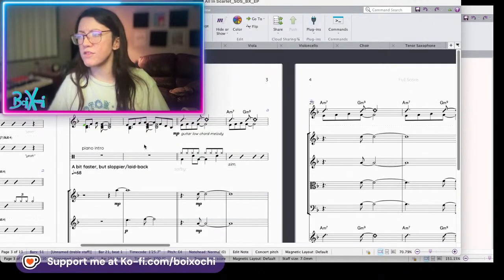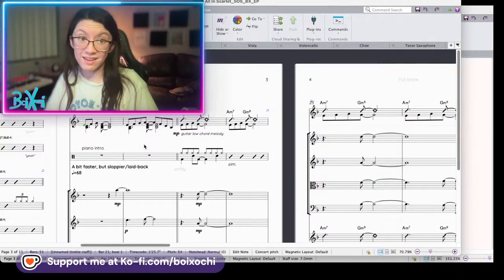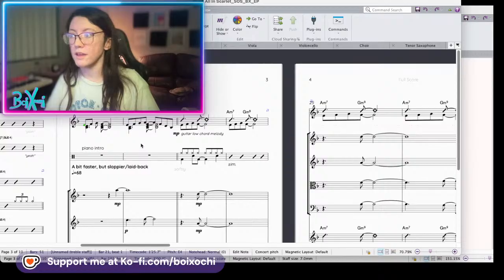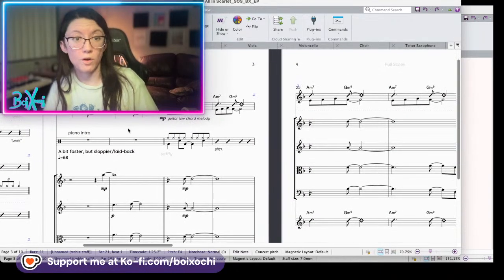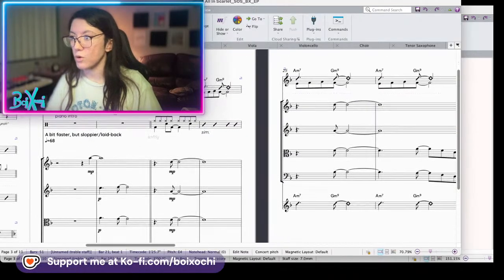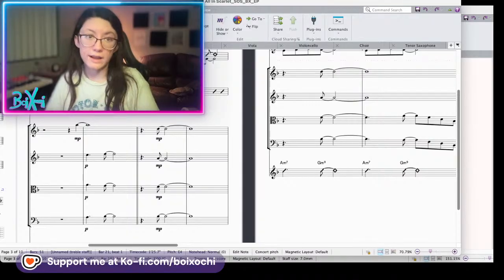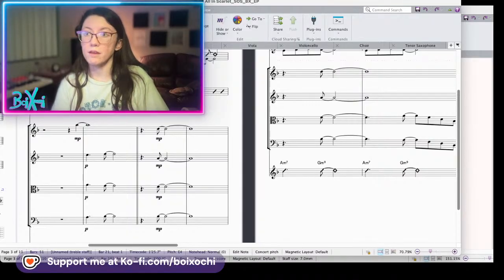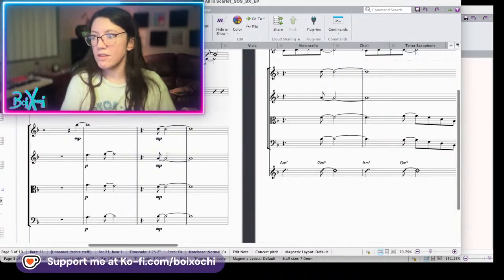Although this has already been done in a musical theater setting, when I'm working on this, I'm working on the actual conductor score. The conductor score will be for Itzel or Hazel, who will be conducting it. So I'll just be getting rid of stuff that she doesn't need to see. So yeah, we got